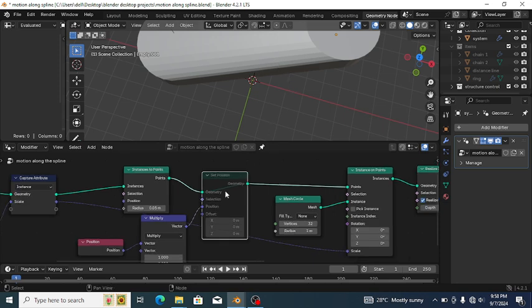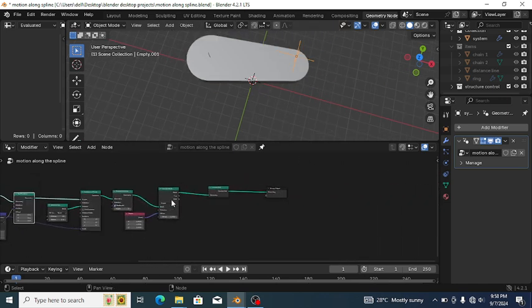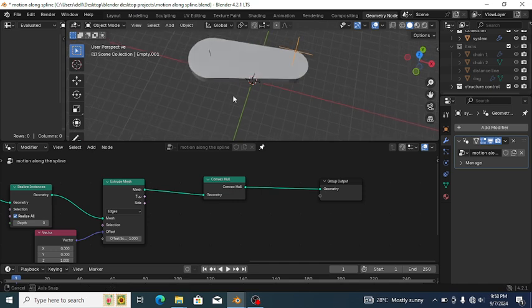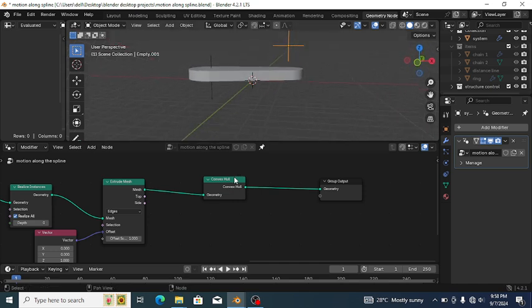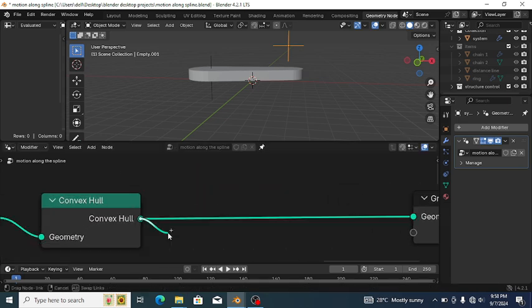So that's why I need to flatten them like this, and it's good. And what we can do now is separate the face at the bottom. I prefer this way more than not doing this completely. So what I'm going to do right now is just